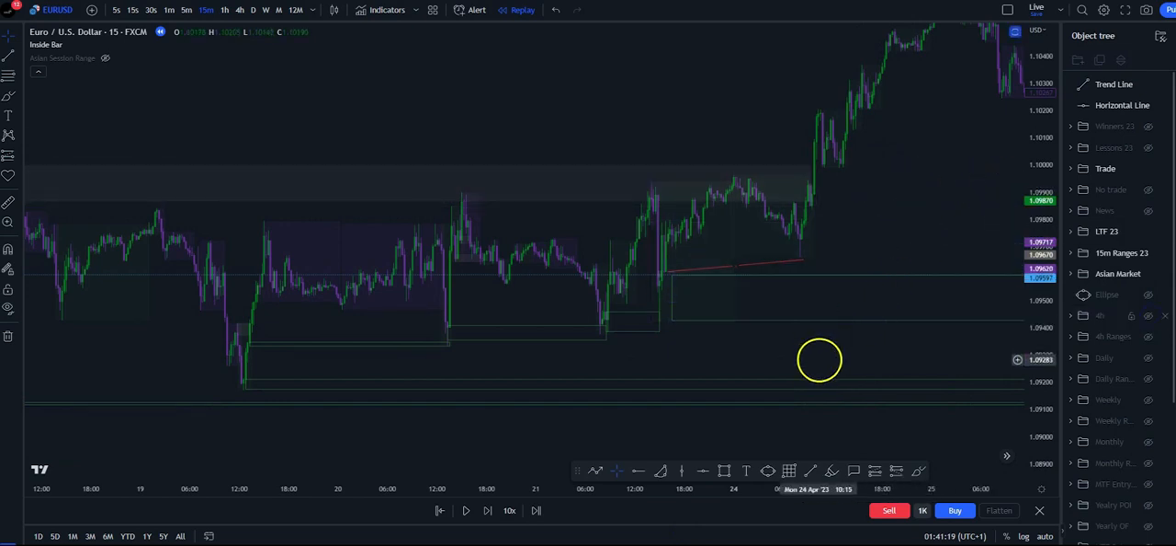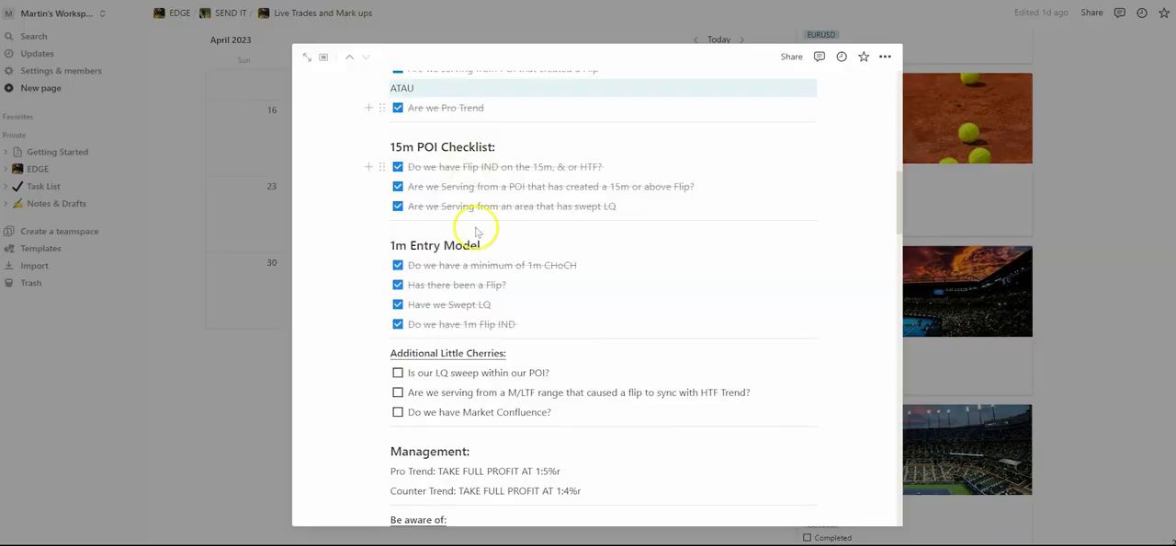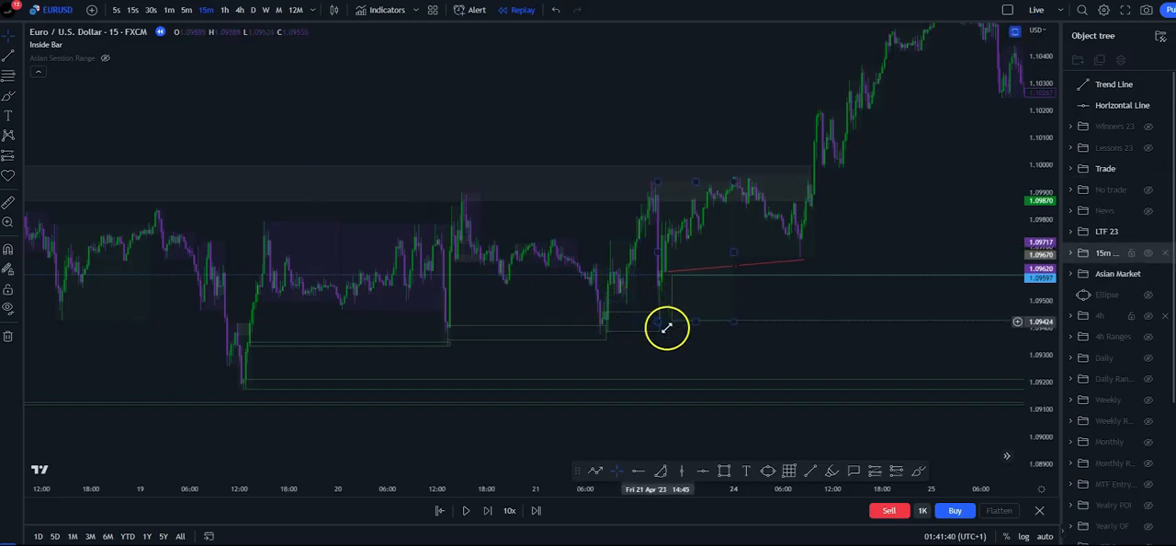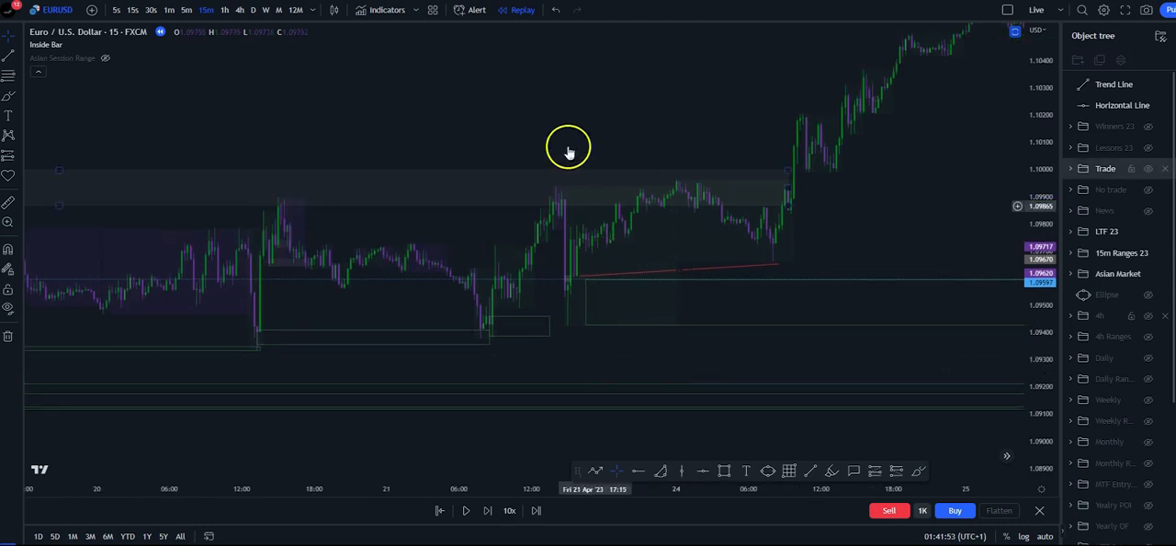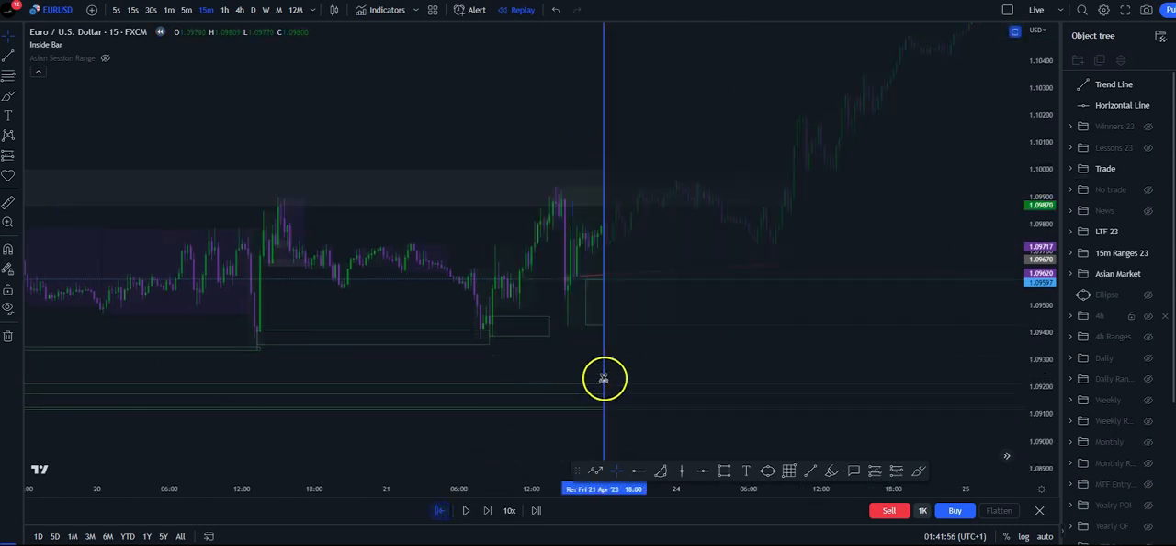We're looking nice. So I really like this 15-minute point of interest. Flip inducement on 15-minute, yes, and it's on the 4-hour, yes. RE7 from a point of interest that created a 15-minute flip or above. RE7 from an area that swept liquidity. And let me move these points of interest away a little bit, because look at that, wick in, mitigate, go away, mitigate, and pushed up. So happy days. We will just go down to the 1 minute,